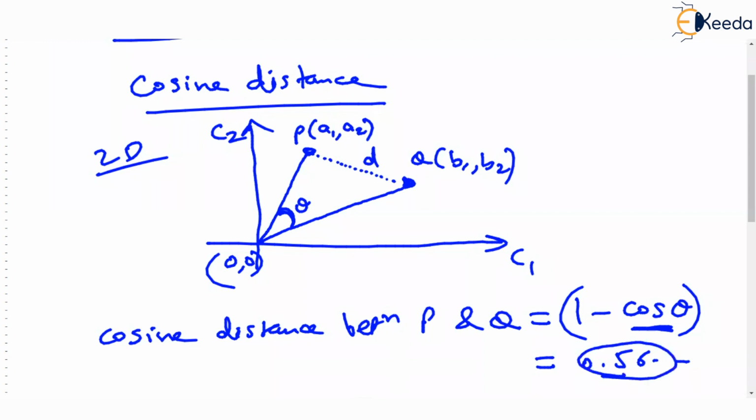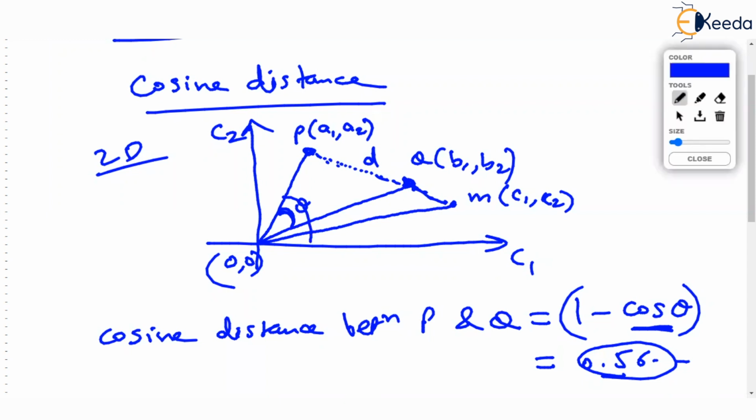But you tell me, so intuitive it is. It is so easy. If there was a point here, imagine this point was M, and this was C1, C2. And somebody asks you, what is the distance between P and M, these 2 points? We found the distance between P and Q, correct? Now, what is the distance between P and M? Then this is the vector M and this is the angle made.